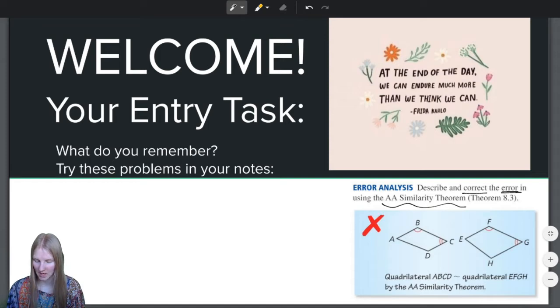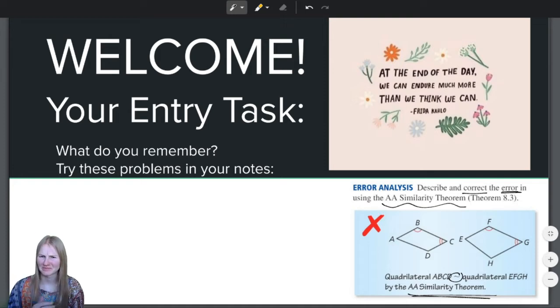So this picture shows us that we have angle B congruent to angle F, angle C congruent to angle G. So they conclude that these two quadrilaterals must be similar because of the AA similarity theorem. Now, if we look at these quadrilaterals, we can tell they're not congruent, they're not similar, because they don't have